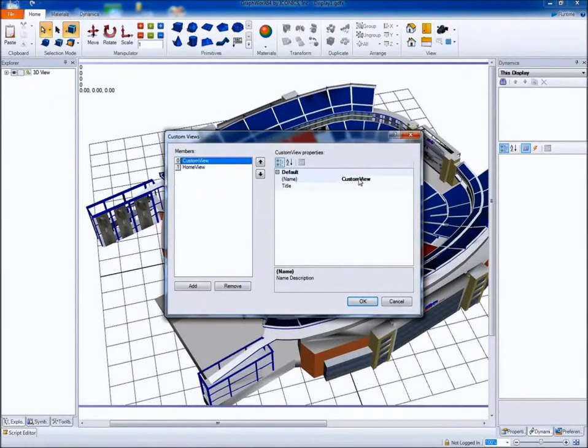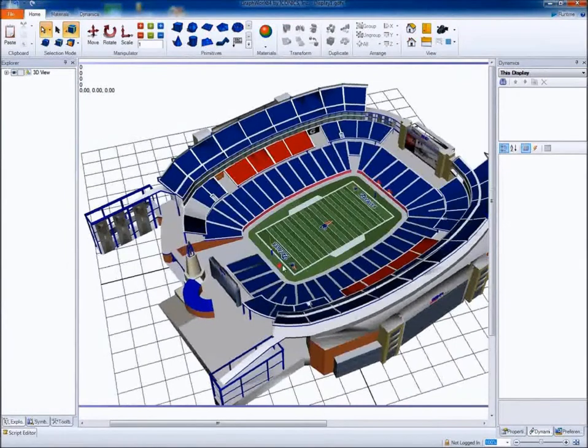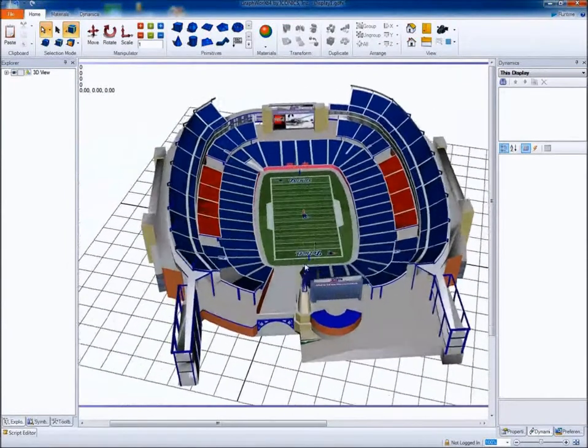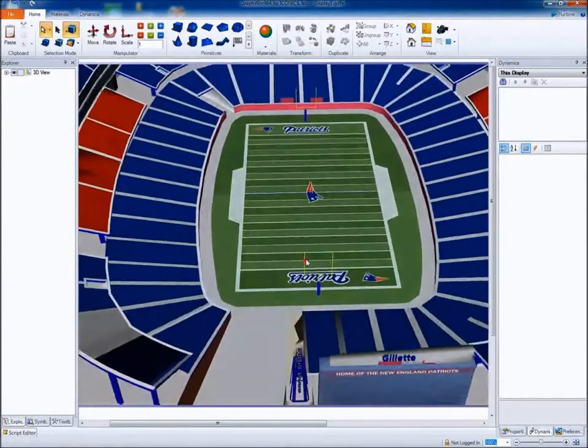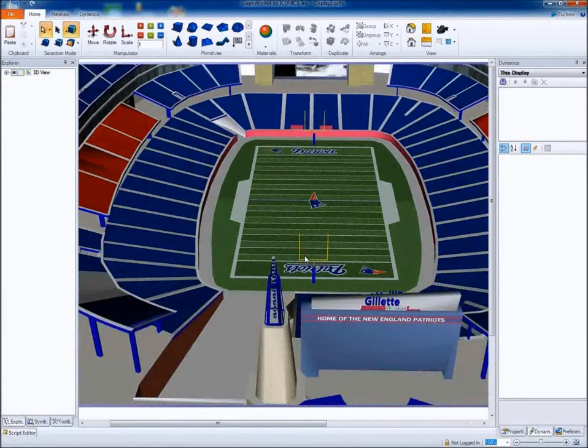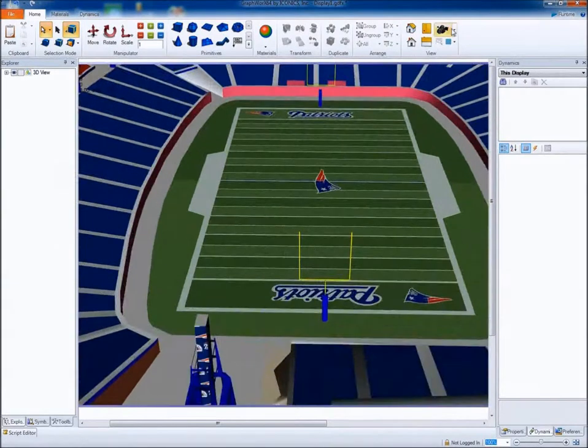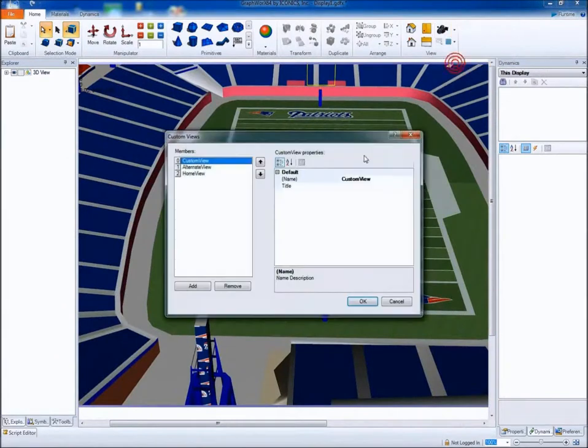And we call this alternate view, and maybe we can create another one which we call field view. You can create as many as you want,